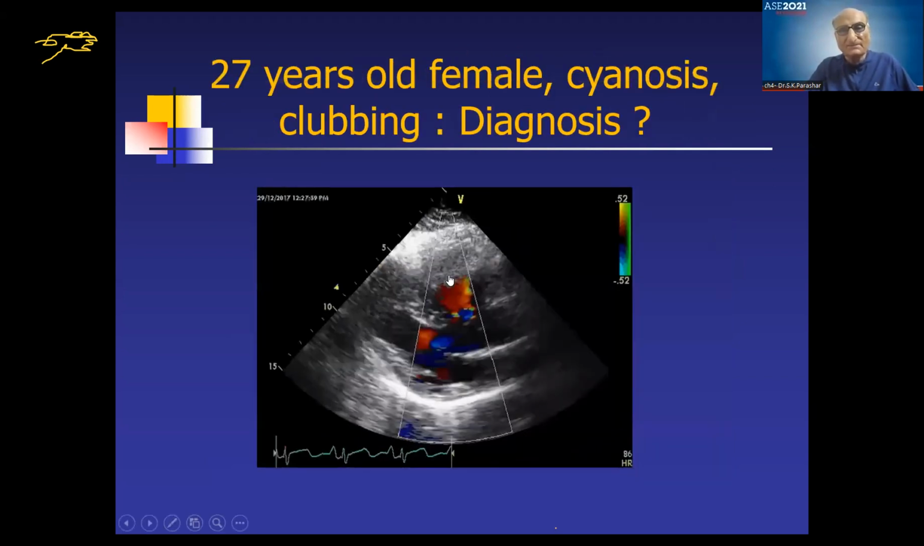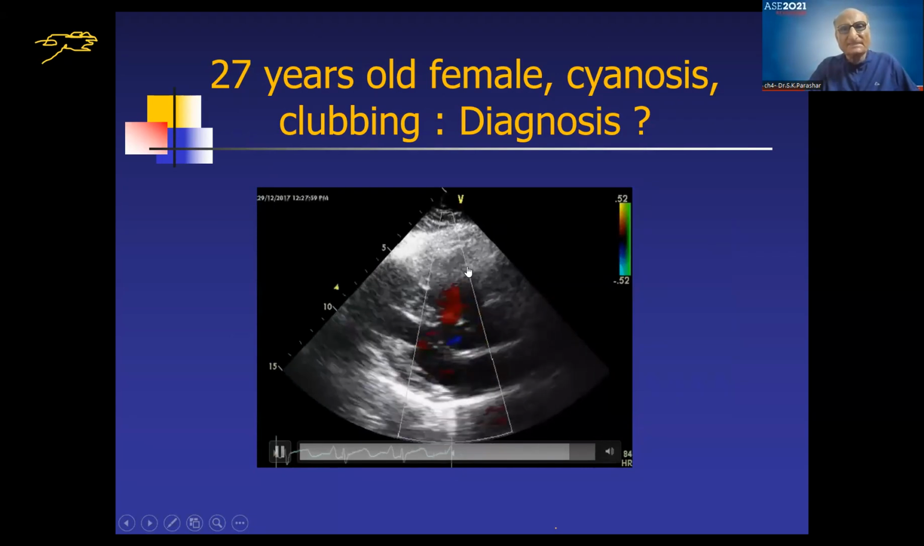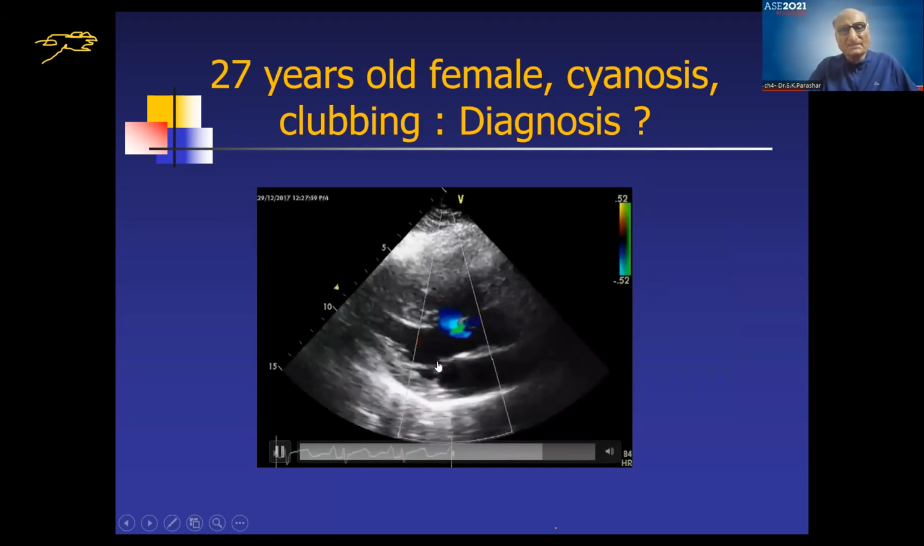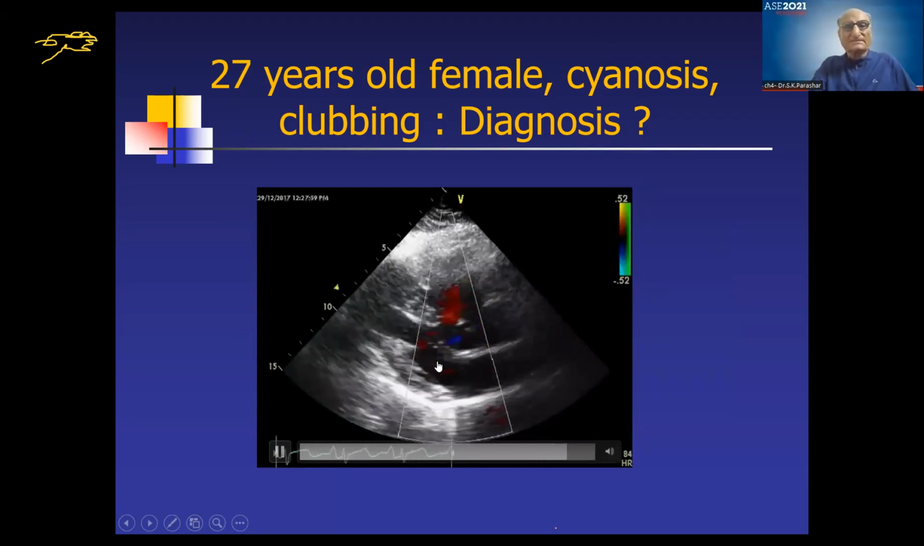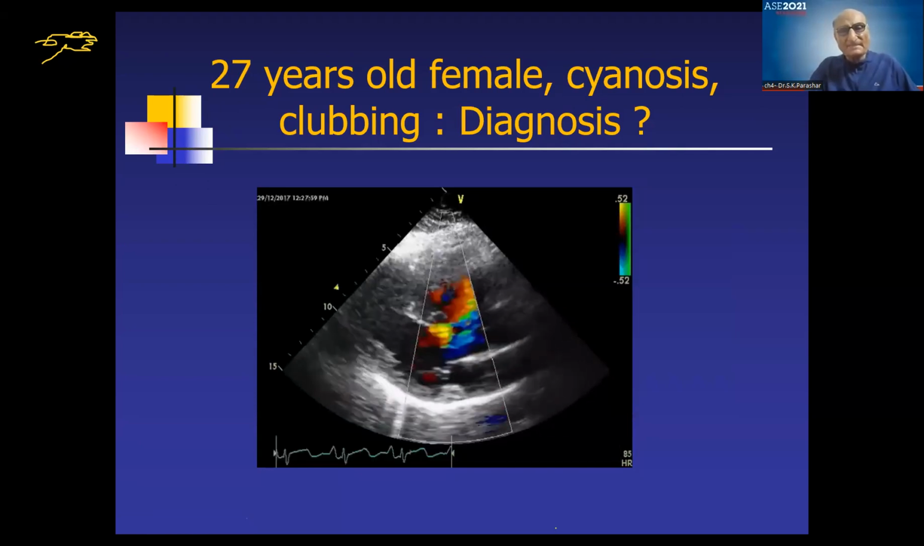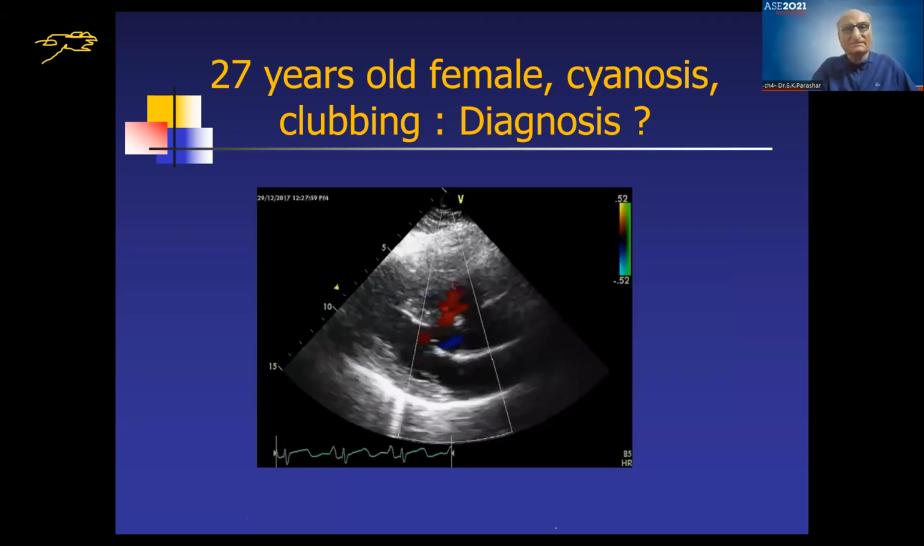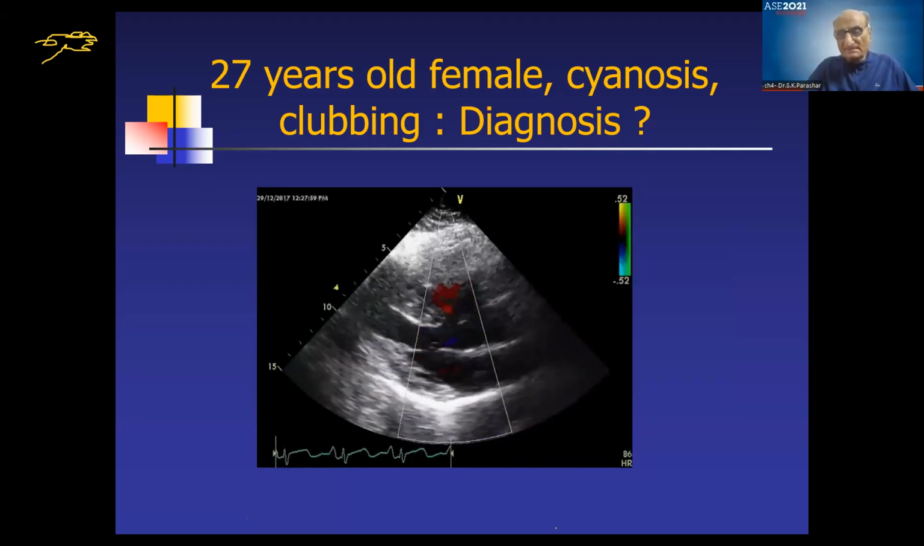And here you give a contrast, you see the flow. On a color flow pattern, it is mostly right to left, although there is some left to right as well. So by this time, the diagnosis is a large VSD with reversal of the shunt leading to cyanosis. So this is known as